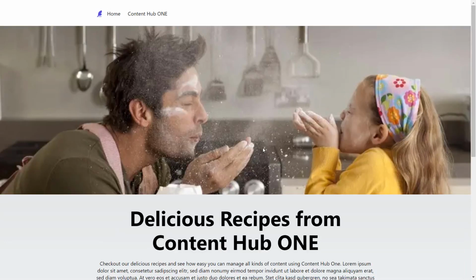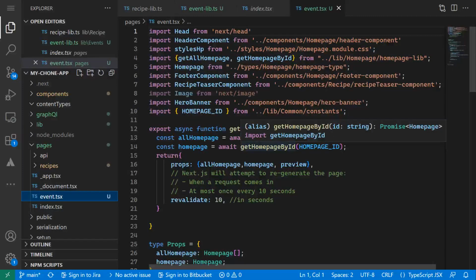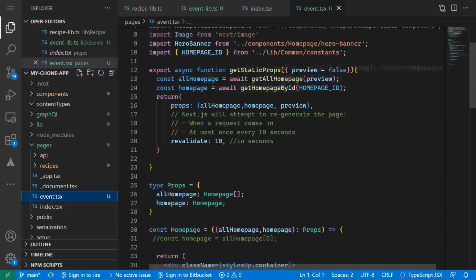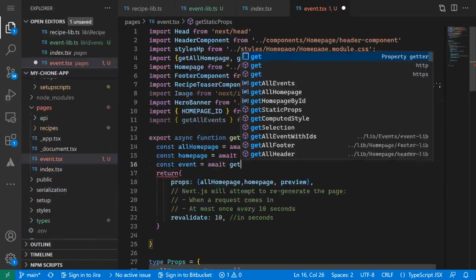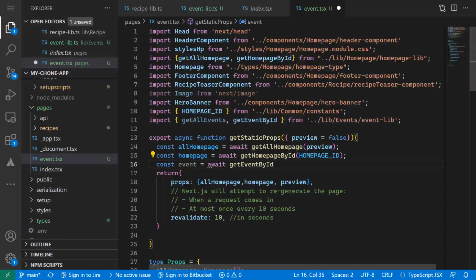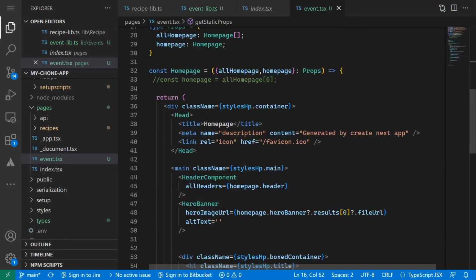I need to get the event data into my events page so I can use the data later to be displayed. Therefore, I set up a constant that contains an event from the getEventById function that I created in the lib folder. I pass the event ID that I got from the SoCaWhy event in Content Hub ONE. In the markup, I can change now the header, first the title,